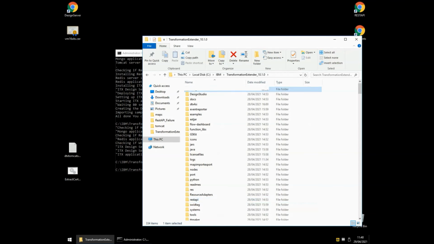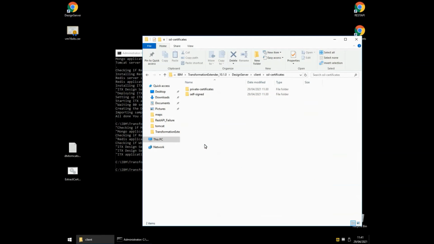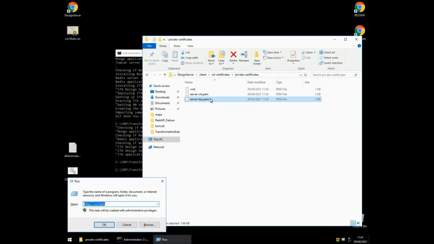If we go into the design server subdirectory, then into client, then into SSL certificates, we have a private certificates directory. These are the two certificates that are being used by the design server, server-crt.pem and server-key.pem. Now I've got a script here that I'm going to use to back up those two files and then use various keytool and openssl commands to grab the ones out of my certificate store that's in my REST API directory,